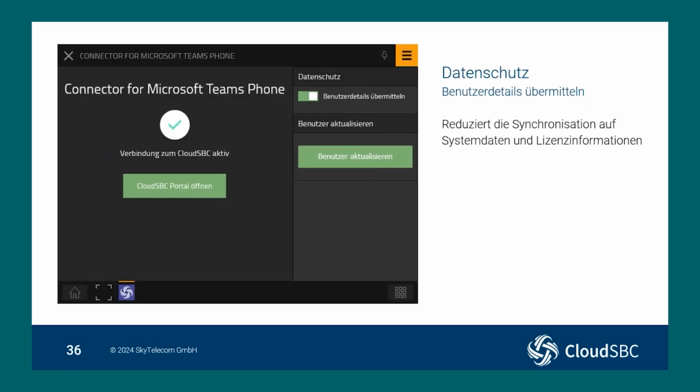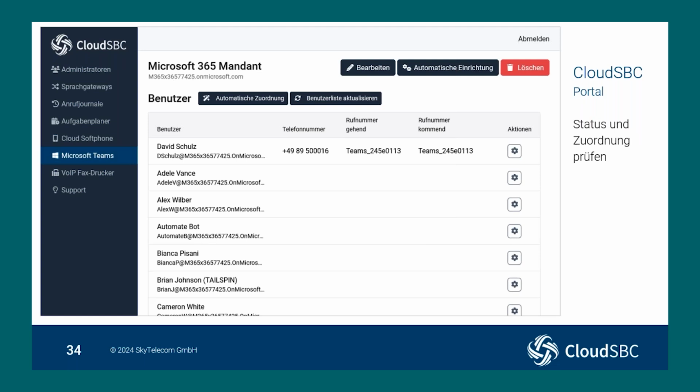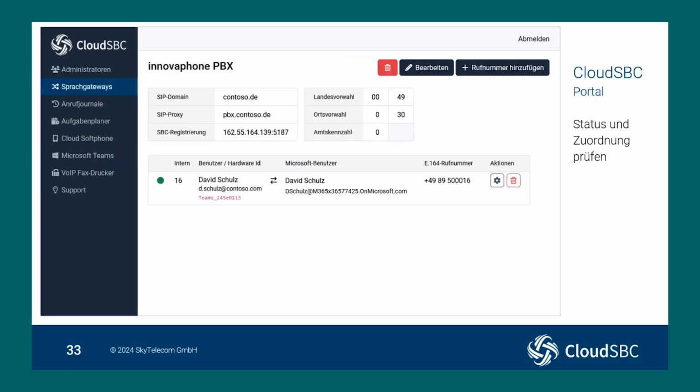It's all done here. And having a look back to this list, your customer may say, oh, I'm very sensitive about data privacy. Why does CloudSBC have to know its extension 16 and the real email address from David Schulz? So